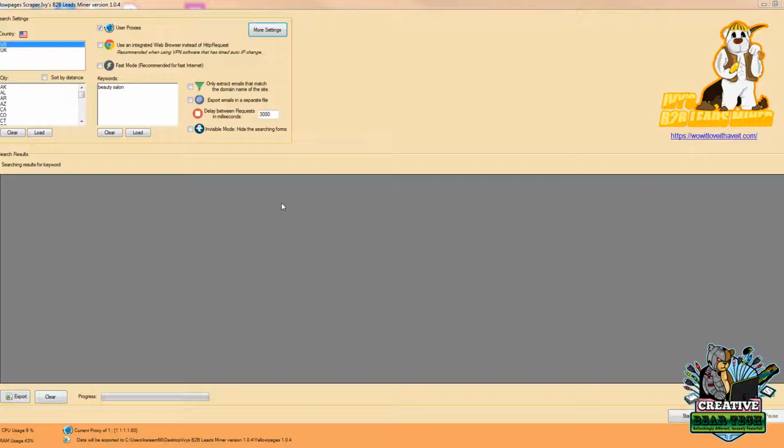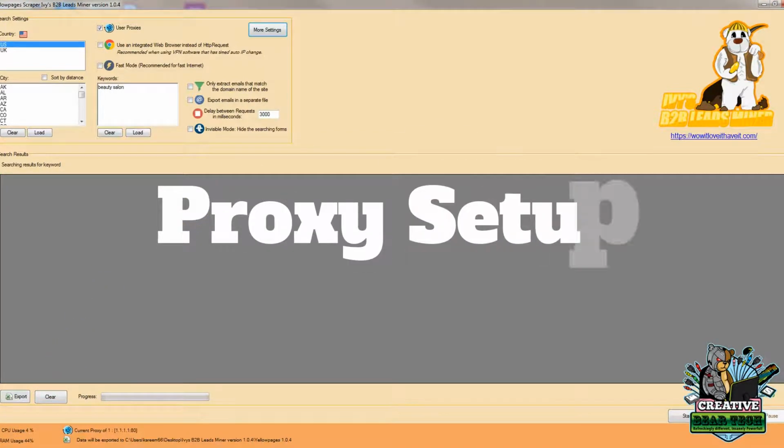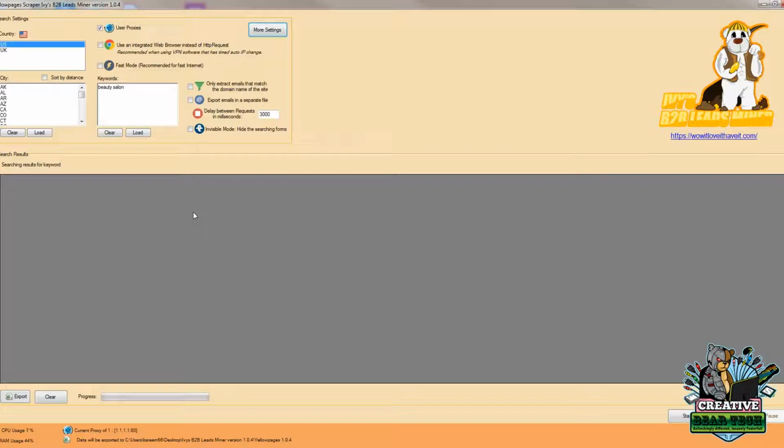I'm going to be breaking down how to use this in various modules so that it's easy to get started and easy to pull the information that you need. Let's begin. The first thing we want to do to have a smooth scrape using the Yellow Pages is to